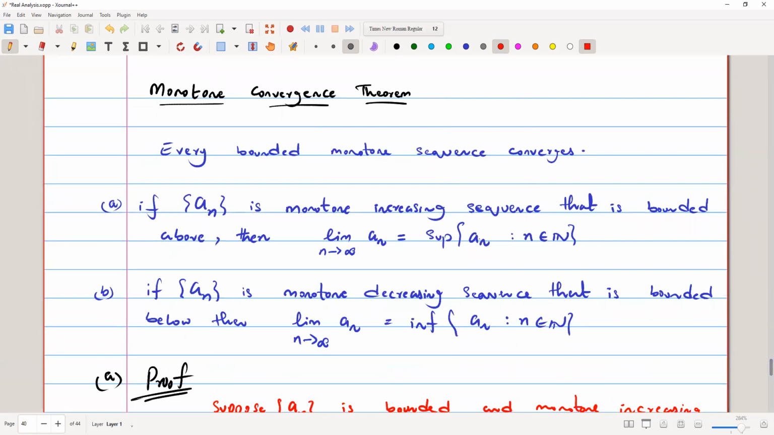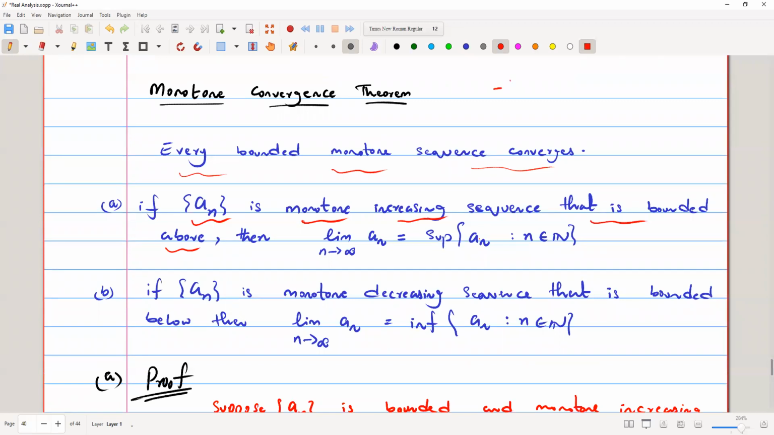Okay, now the monotone convergence theorem says that every bounded monotone sequence converges. If we have a sequence that is monotone, either monotone increasing or monotone decreasing, and it's bounded, then we can say that the sequence converges. So if a_n is a monotone increasing sequence that is bounded above, like we can say that we have a